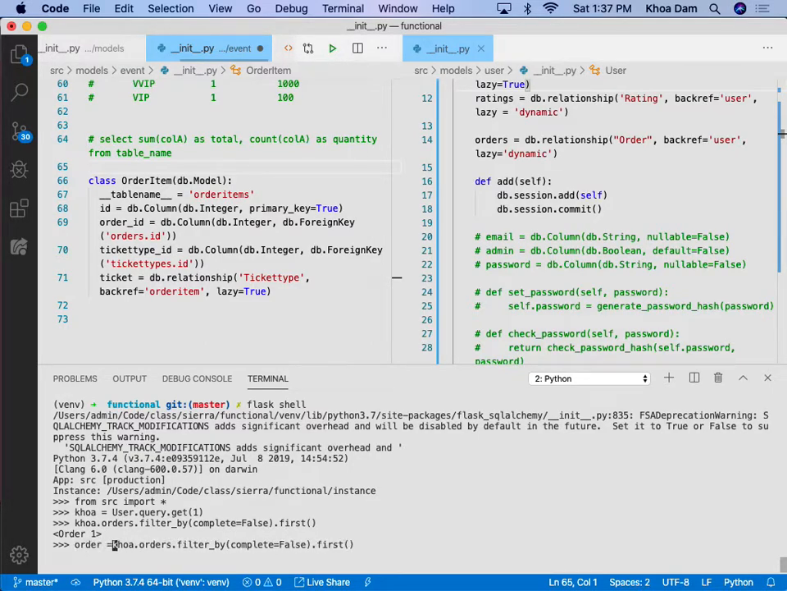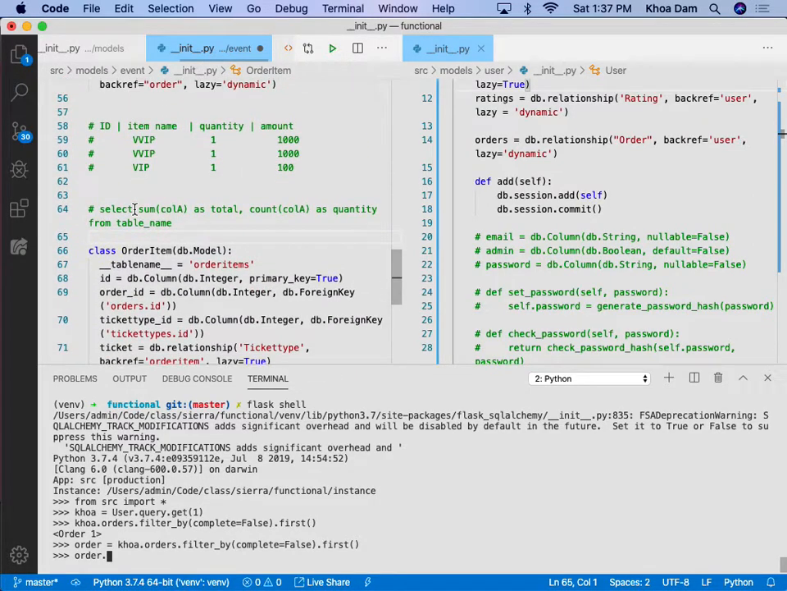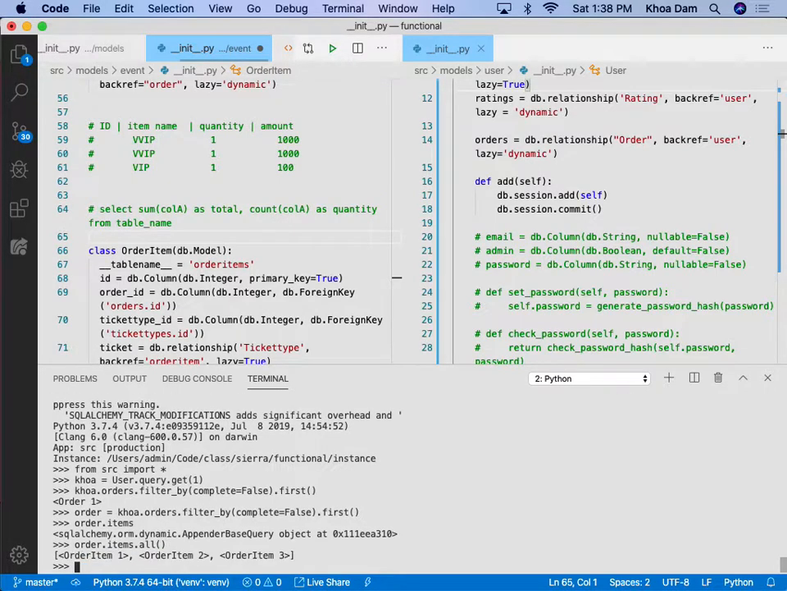order equal, and then order_i dot, order_i dot items. Okay, it returns me a query, and then from that I get all. Okay, I get all,